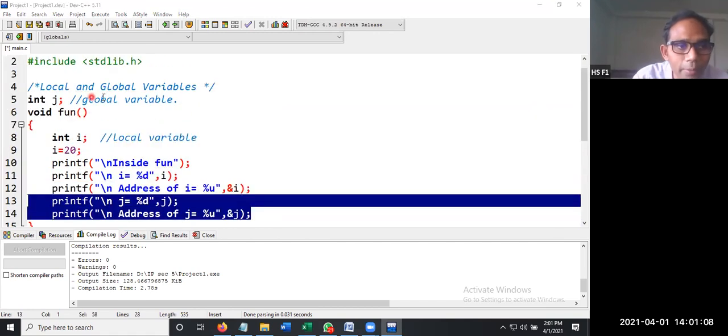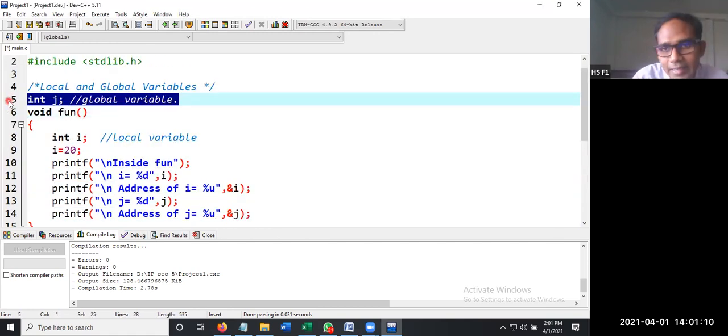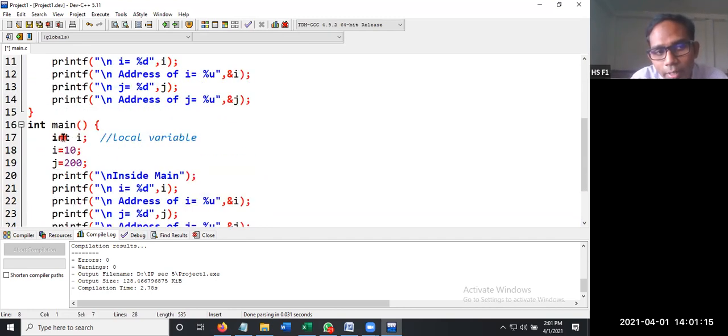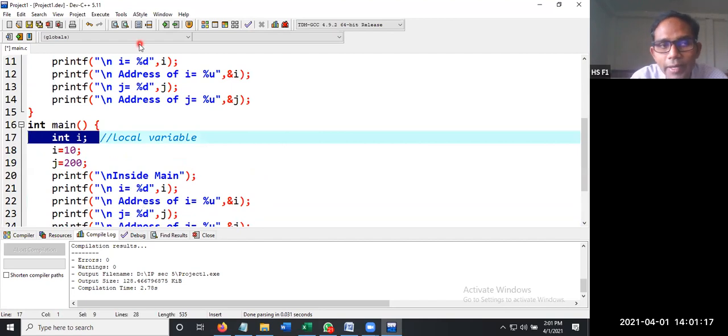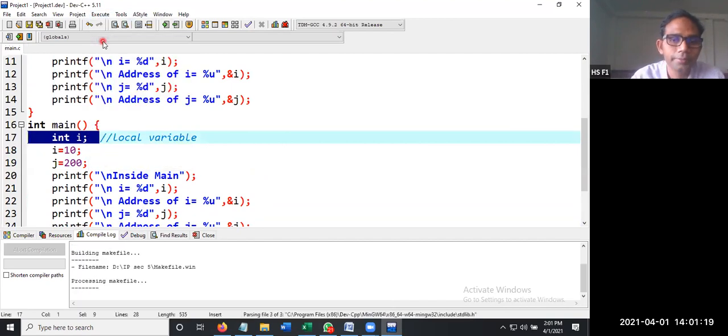Now, if a global variable is there, it should not have different addresses. Unlike I, which is a local variable, where we got two different addresses. Let us execute and see.